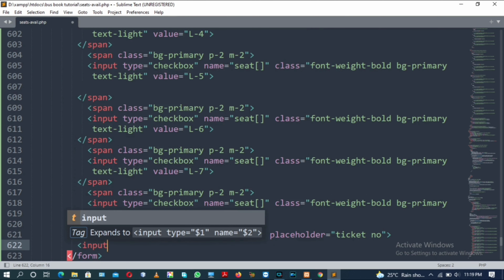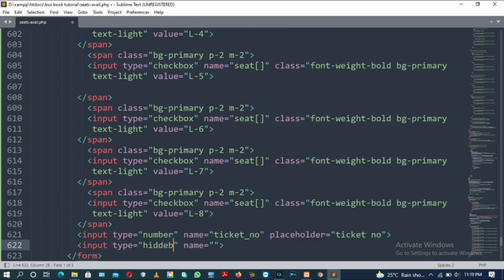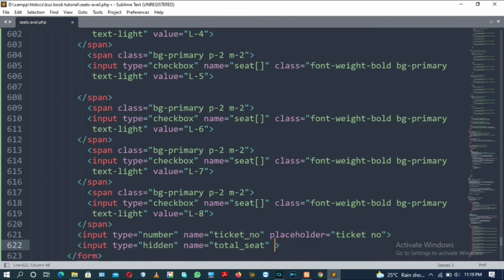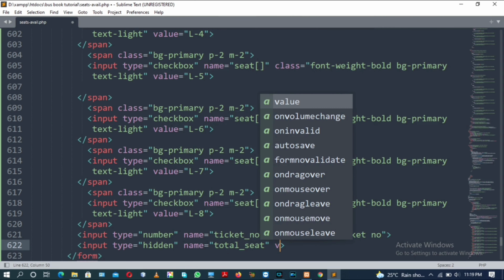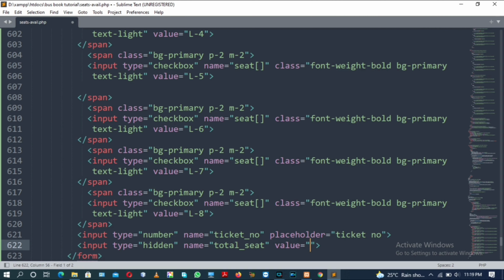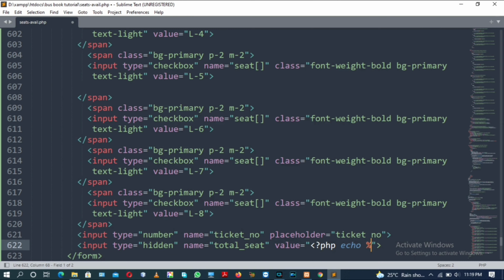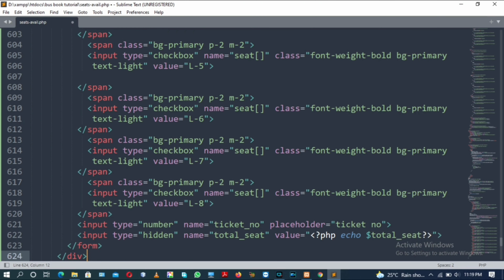There will be another input tag with the type attribute hidden, and the name attribute value will be total seat. No need to add a placeholder, just add another attribute called value with the value PHP echo dollar total seat. Now closing of this PHP tag.